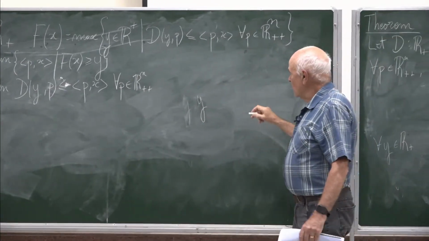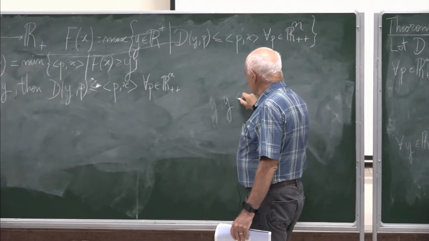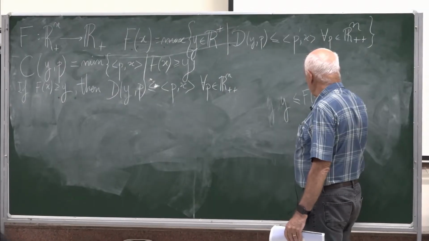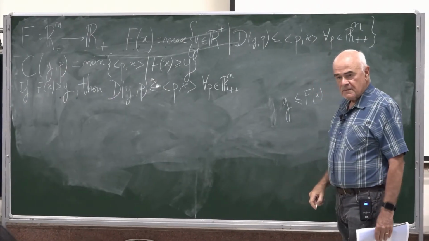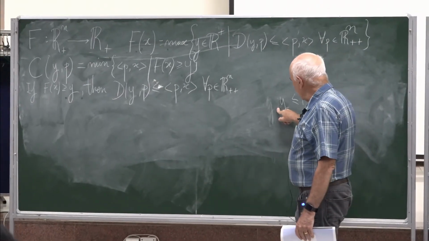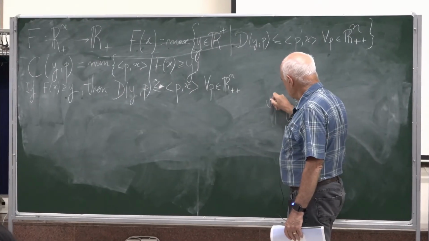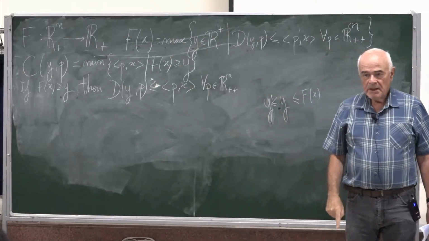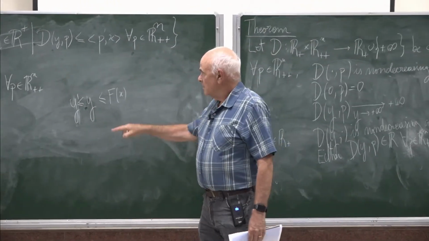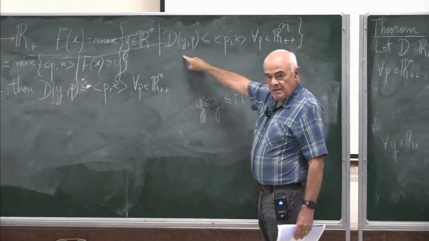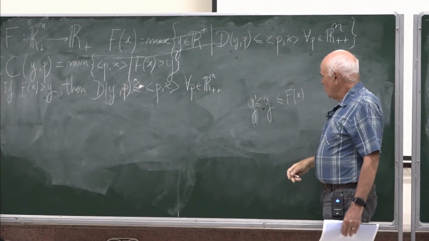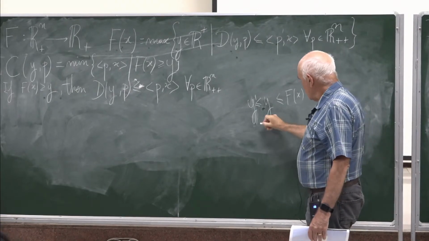Then y is less than or equal to the maximum f of x. But if I take a smaller y prime, because d is non-decreasing, d of y prime p will also satisfy all these conditions, which means that y prime